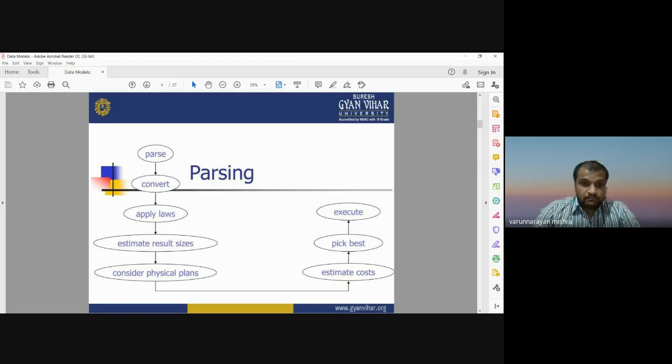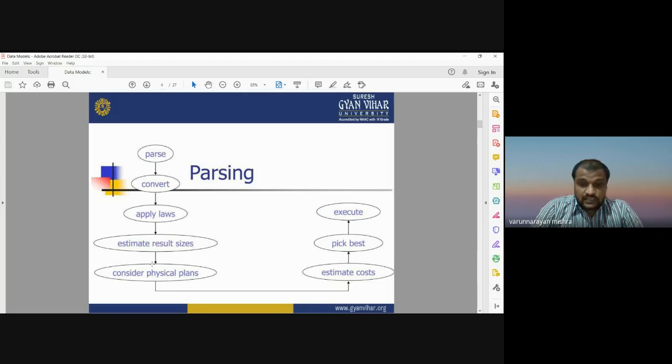So here you can say, first is parse, then it will be converted into some logical operators, logical queries, then we apply some laws. After applying the laws, it will estimate the desired result size. After considering the physical implementation of the results, it will estimate the cost of our query. And we may have multiple choices, multiple plans to get the result.